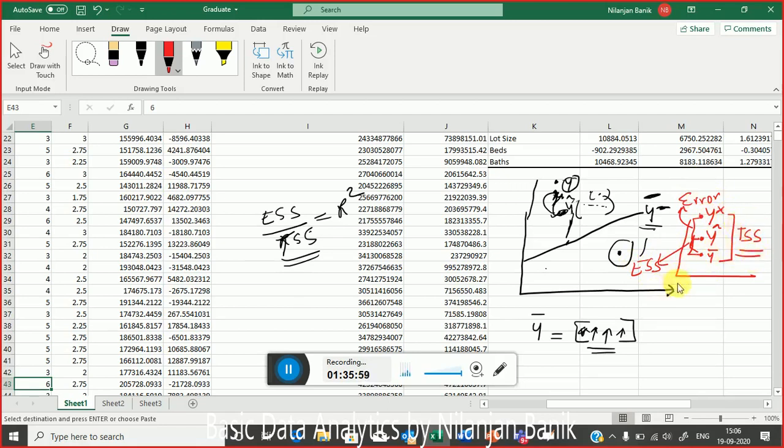So total sum of square में there is a portion which I can explain through regression, which I am calling as explained sum of square. There is going to be a portion which I cannot explain through regression, that is called residual sum of square, which is captured through error. And if I add RSS with ESS, I am getting what is called total sum of square. So why Y bar is needed? Because without Y bar, I cannot say how much more I can improve compared to the trend line in terms of my prediction.